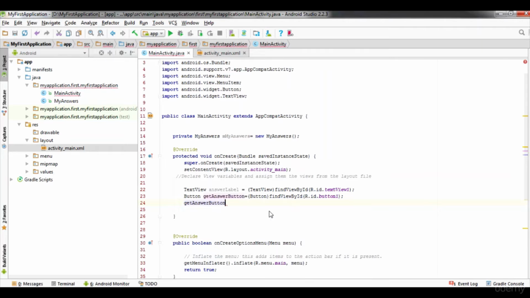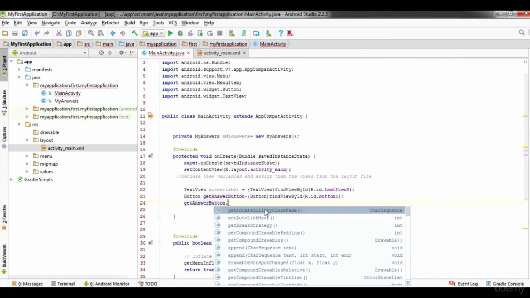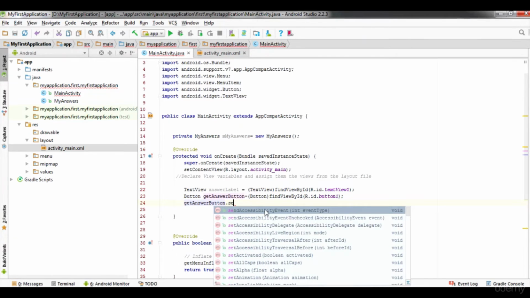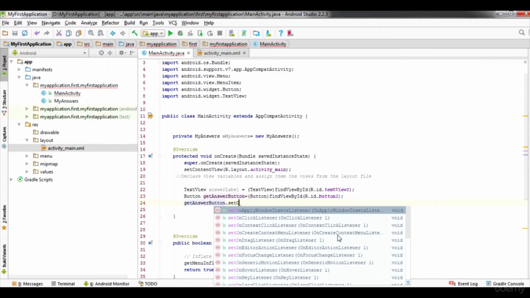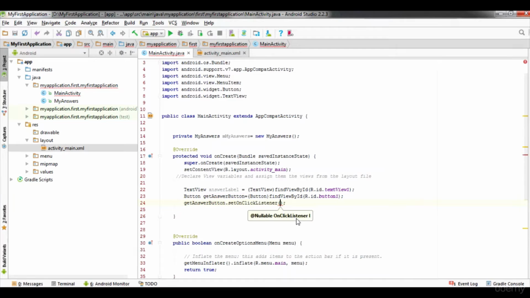If I type get answer button dot and continue typing set, you will see some options. We have to do an on click listener. As you can see, we already got the option, on click listener is on top of IntelliSense, and we'll hit enter and select it.